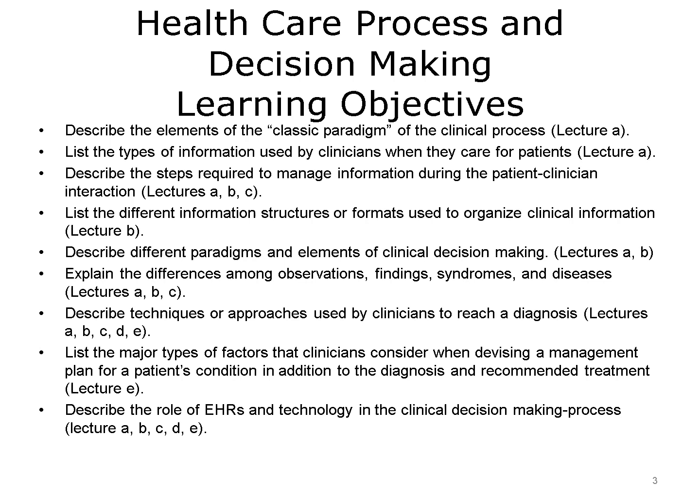process, list the types of information used by clinicians when they care for patients, describe the steps required to manage information during the patient-clinician interaction, list the different information structures or formats used to organize clinical information, describe different paradigms and elements of clinical decision-making, explain the differences among observations, findings, syndromes, and diseases, describe techniques or approaches used by